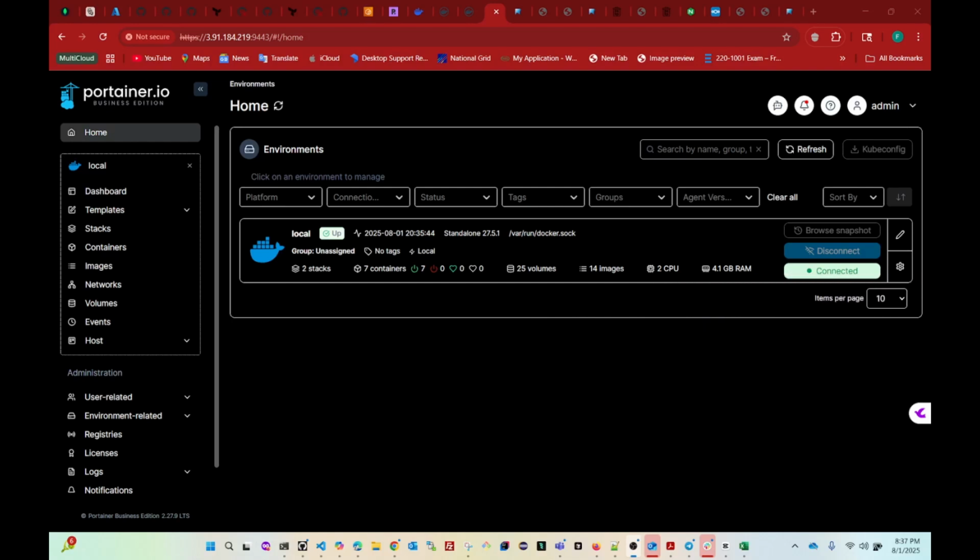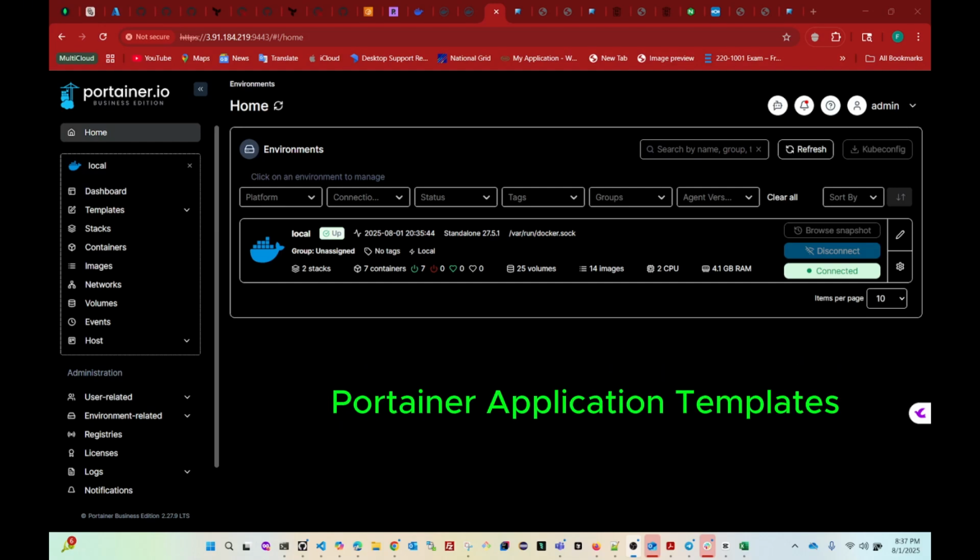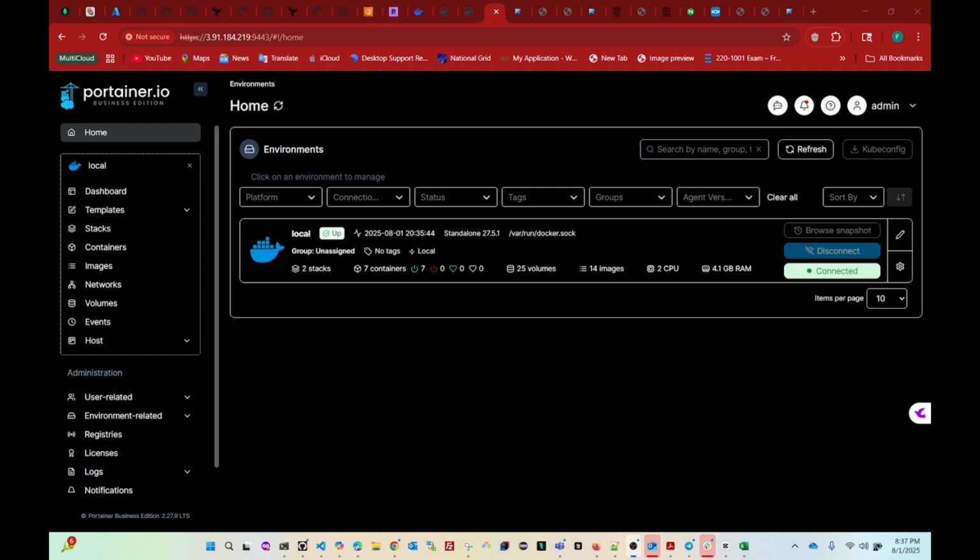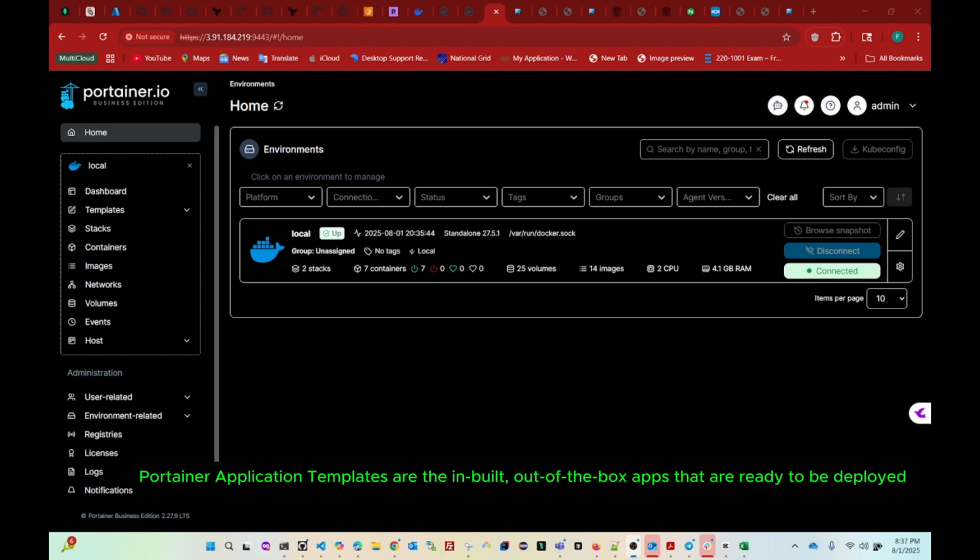Welcome back. In this video, we are going to be talking about Portainer applications. Just like you can use Portainer to run containerized applications or Docker containers, Portainer has defined or designed certain inbuilt or default applications which you can quickly